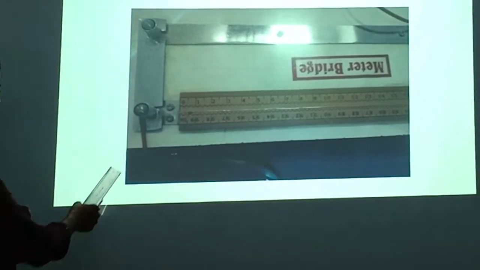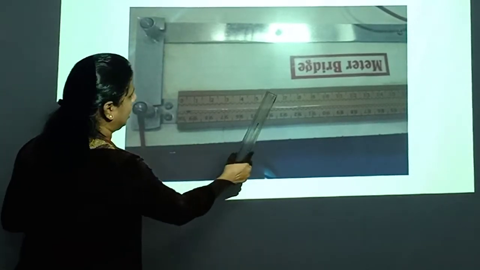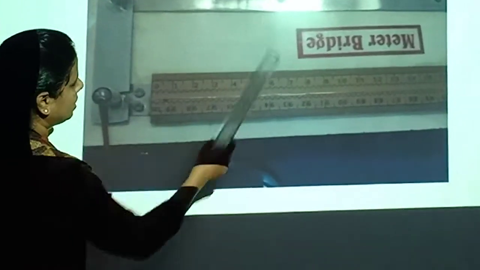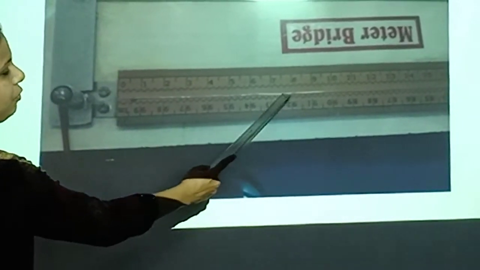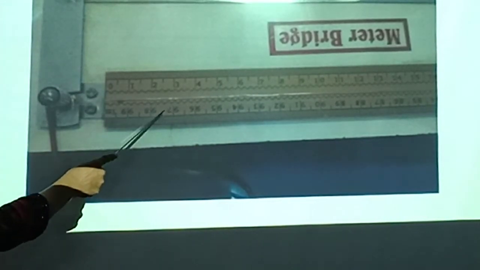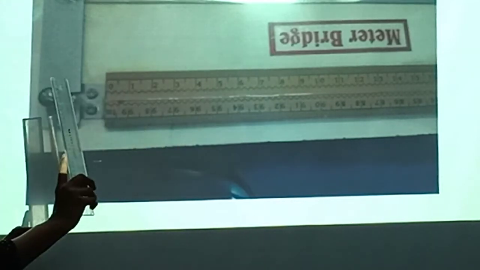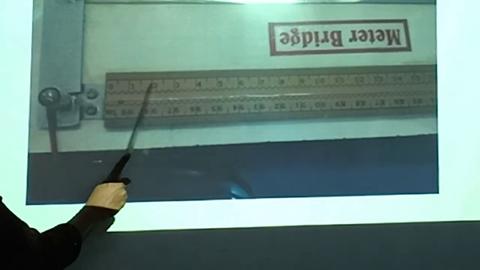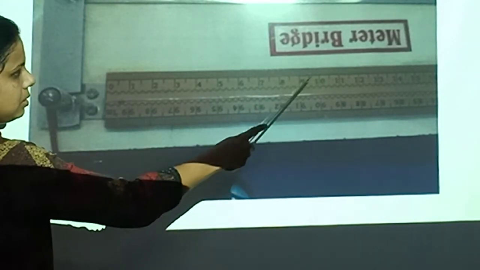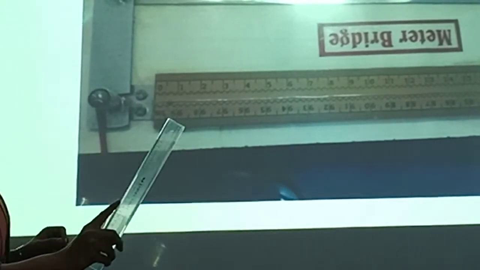This is point A. Here you can see the scale and this wire. This meter bridge has a connection like this. It has a thin uniform metal wire, and this is the scale, that is the meter scale. Why have we used the word Wheatstone's meter bridge? Because this bridge has a 1 meter length wire, from 0 to 100 centimeter. So this is the upper meter scale and this is the lower meter scale. So this is a 100 centimeter wire.